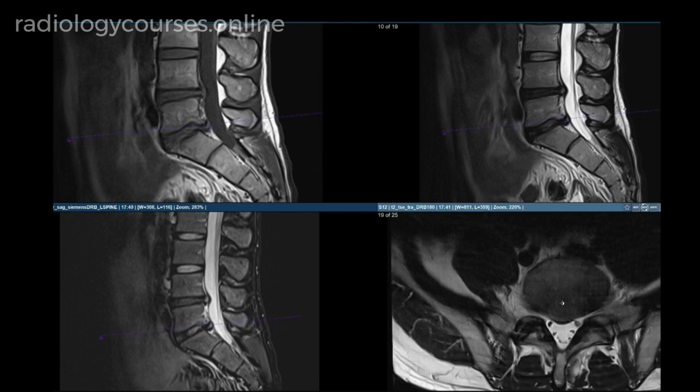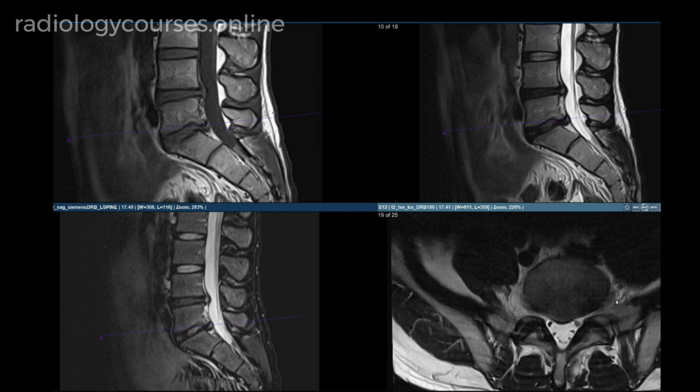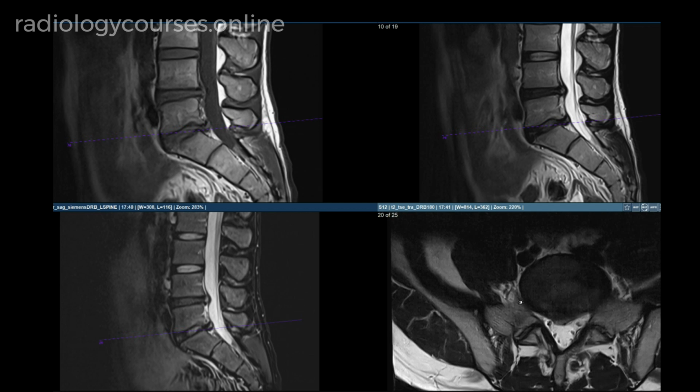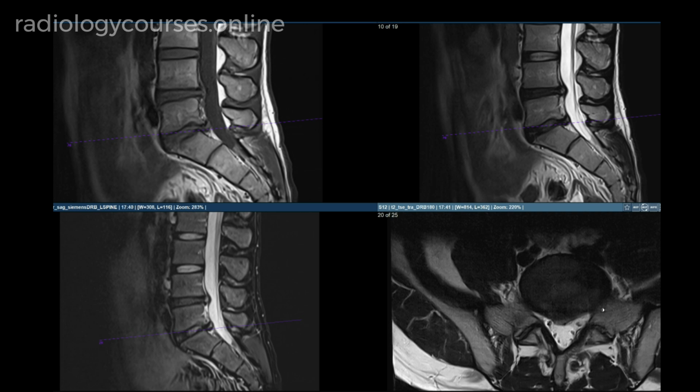Many people try to assess the exiting nerves on the axials, which I think is not correct. It's because there is partial volume averaging from the disc, from the bone, and from the nerve, and also the fat plane around the nerve is not well appreciated on the axial sequences. The nerve also courses very obliquely, and it is not possible to get true axial views of the exiting nerves